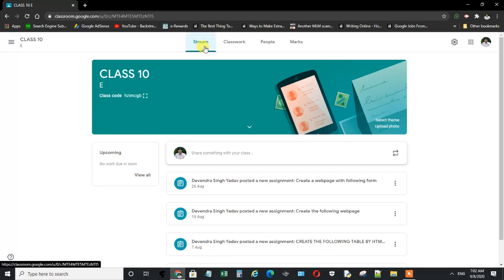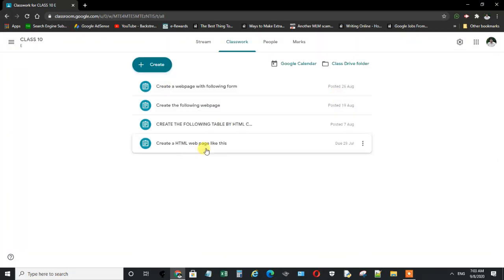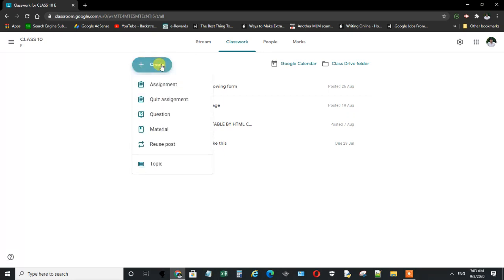Then here you will find the links stream, classwork, people, marks. So click on classwork. Then click on create. Here we have to click on quiz assignment.